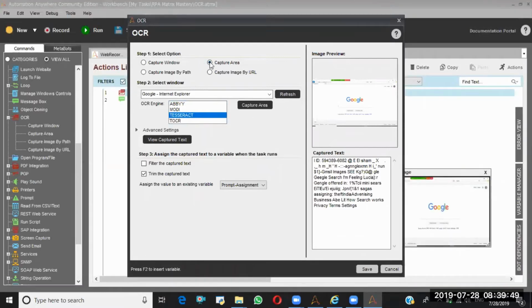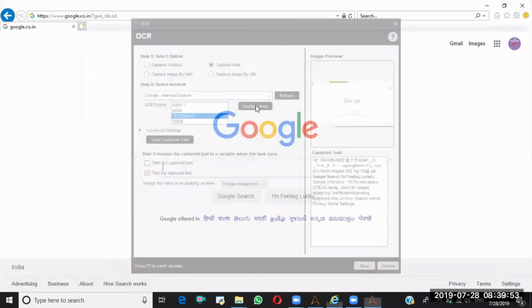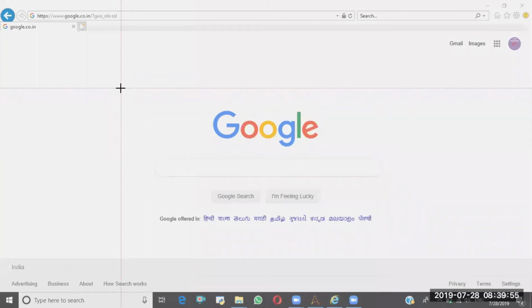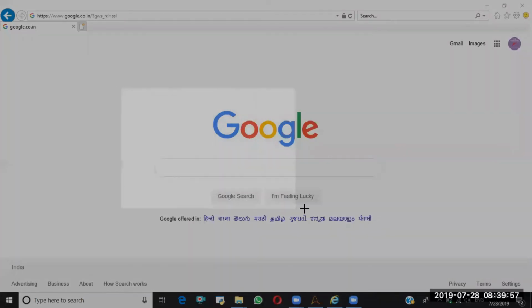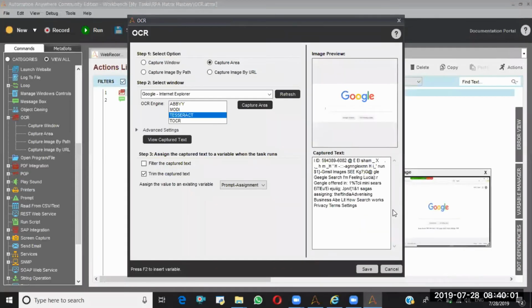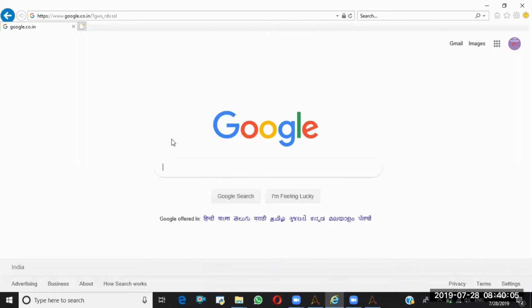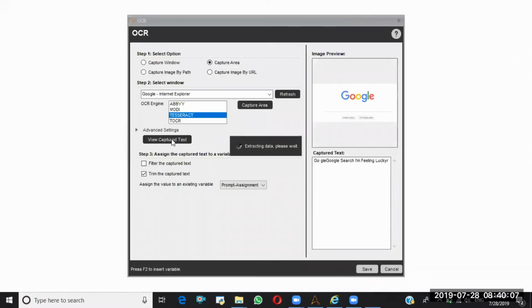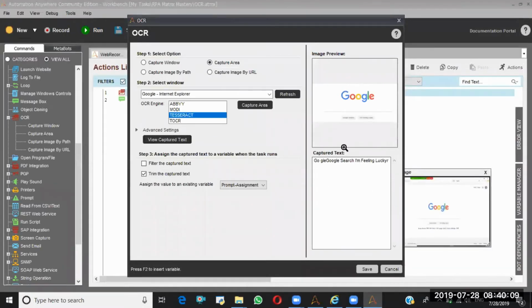See, once I selected this capture area, by clicking on this button, I have to capture the area. I don't want all that information. I just want this section. So now I'm clicking on view capture text. This is processing. See, only very little information has been extracted.